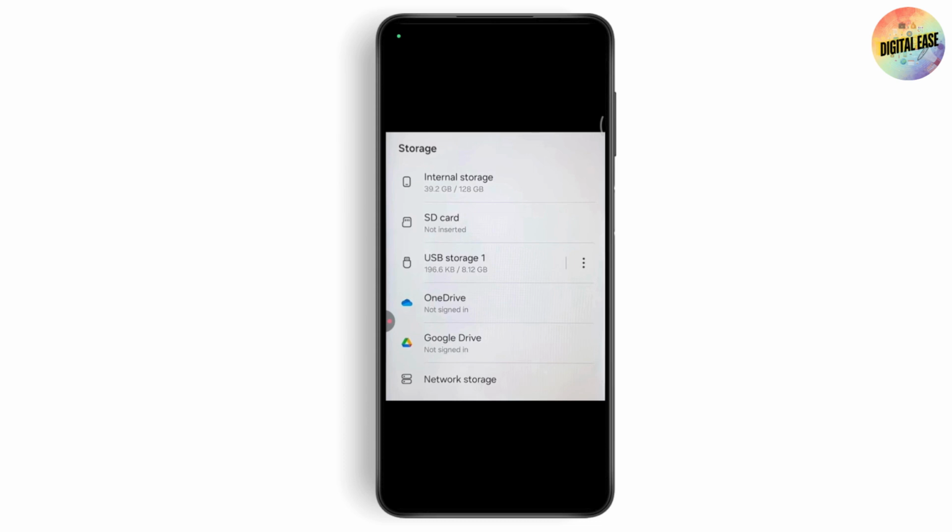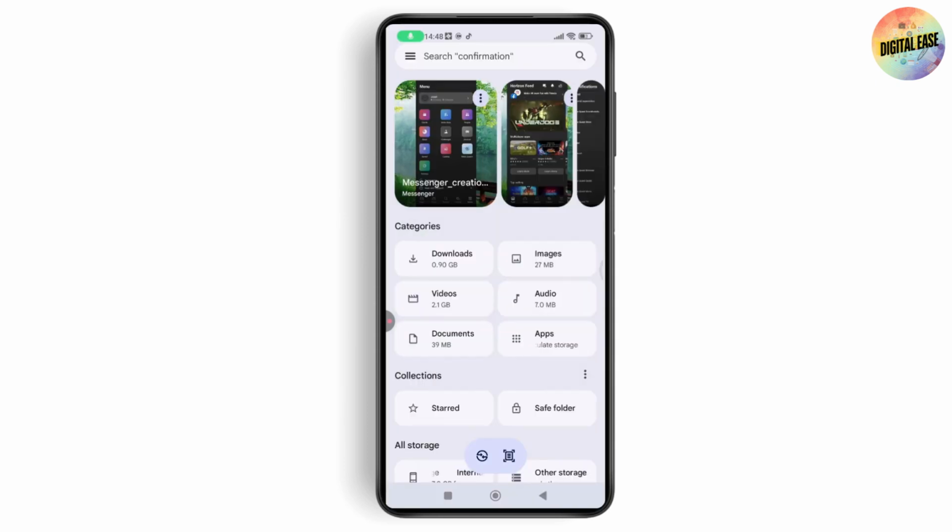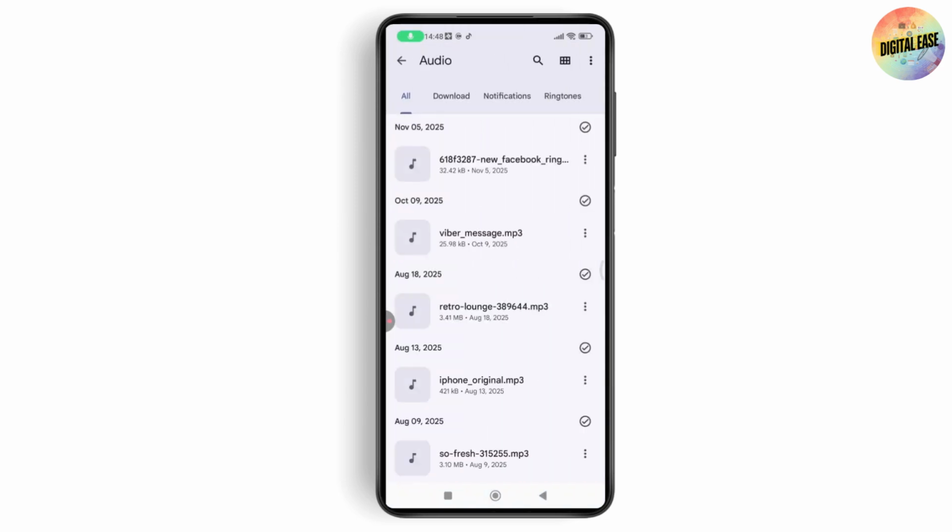So if you've inserted a USB or an OTG adapter, then you will find this kind of interface, which is USB storage 1 or whichever name that you've given to your USB. Once you have your device name under your storage, you need to just go with your files, select the audio section. After selecting audio, now if you want to quickly transfer the music or an audio from Android to USB,